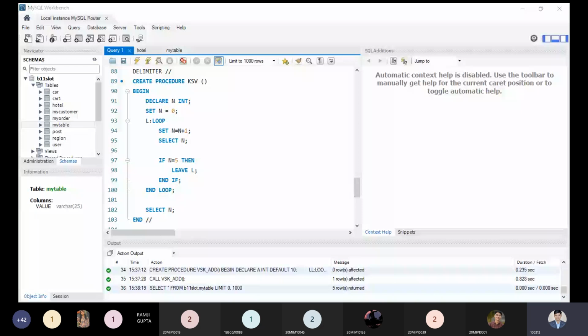Okay, one student is typing the answer. 1, 2, 3, 4. Okay. Yes, I need more answers from the students as well. 1, 2, 3, 4, 5, 5. Again, I'm getting 1, 2, 3, 4. Okay, from the students. Yes, tell me. I need the answer from the other students as well. Good, some students are also typing.